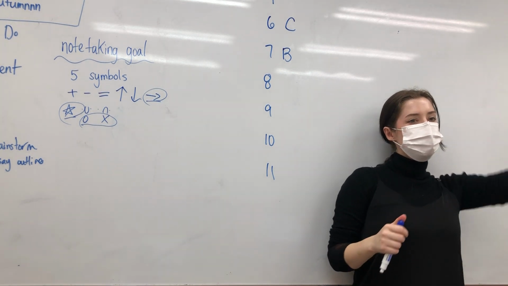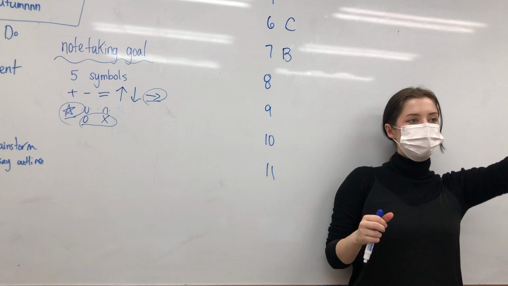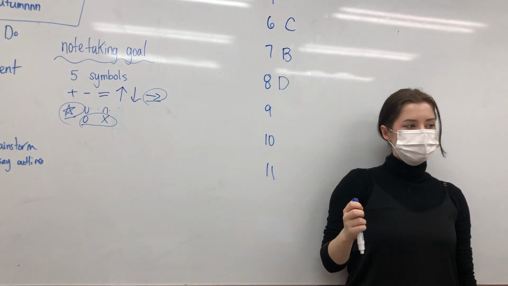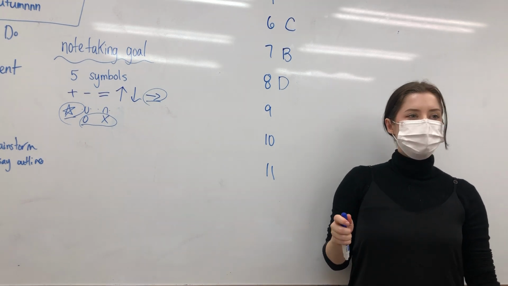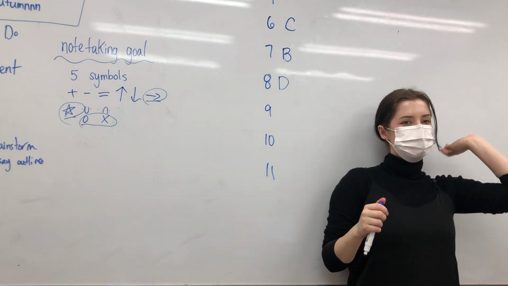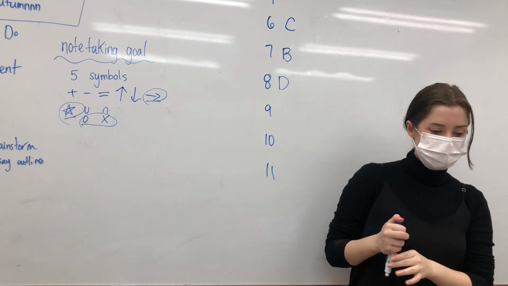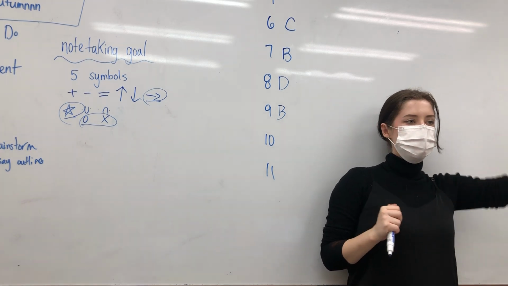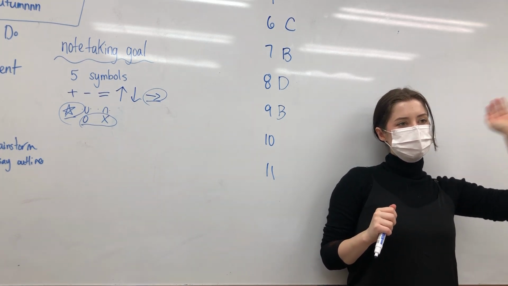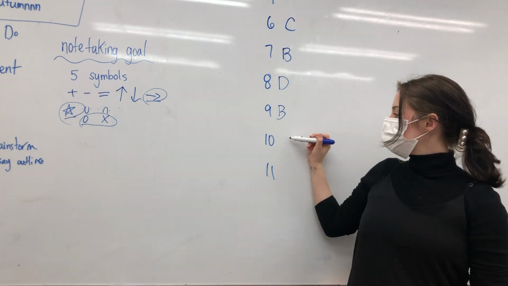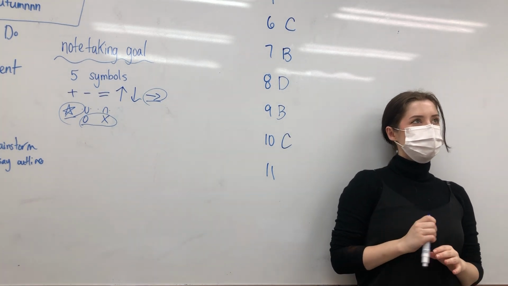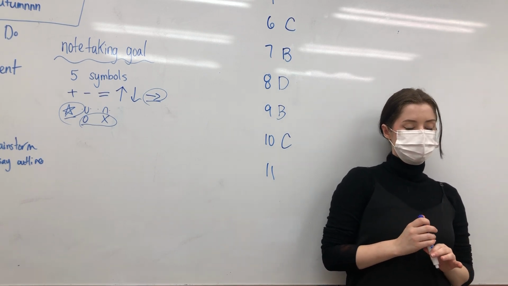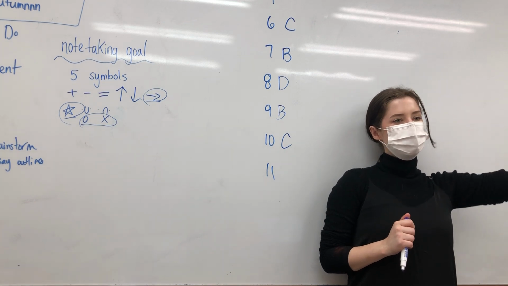All right, number 8. A, B, C, D. It is D. And then number 9. A, B, C, D. This one is B. And then number 10, A, B, C, D. This is C. I think yesterday my class put B for this one, so good job. And then, or it might be the next one that they tripped up on. What about number 11, A, B, C,